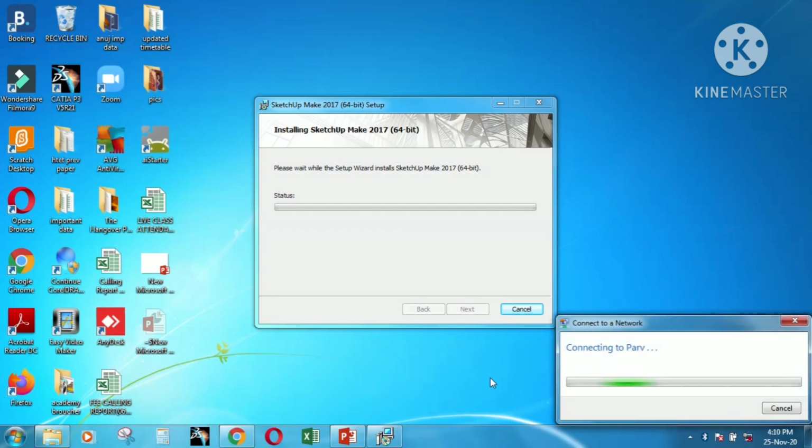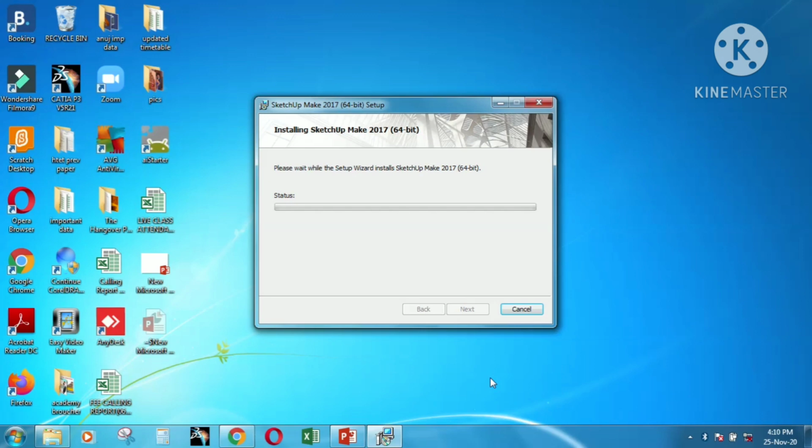If you reconnect the network, then if there is any halt in the process, it will resume soon. Okay, so as you can see, the process is going on fast now.